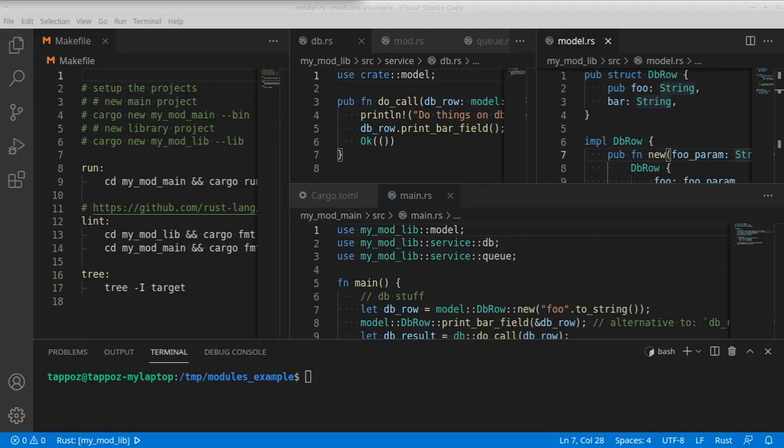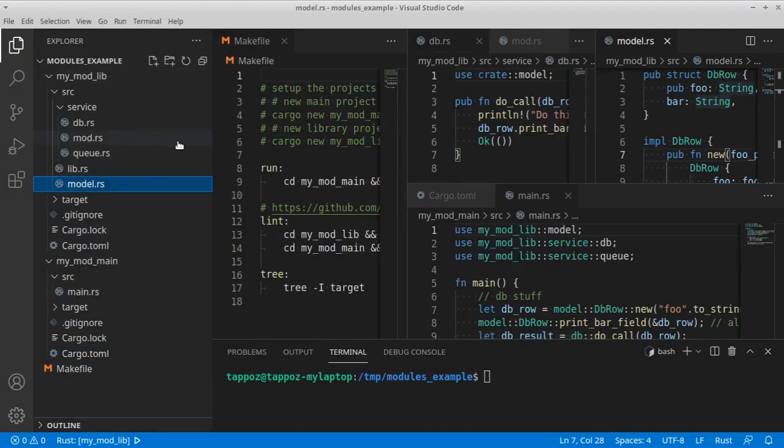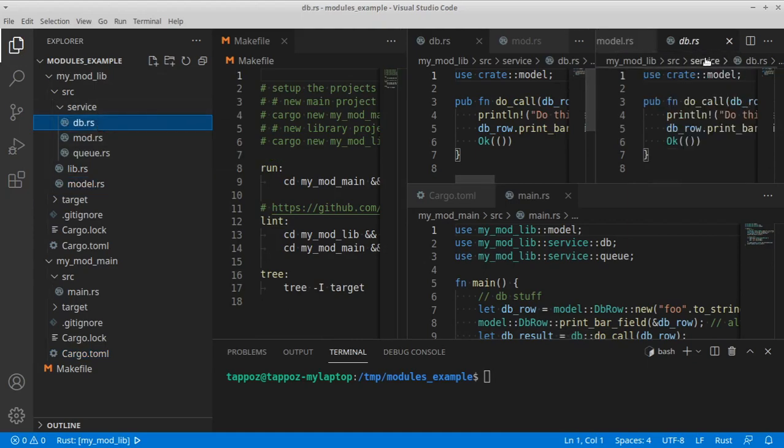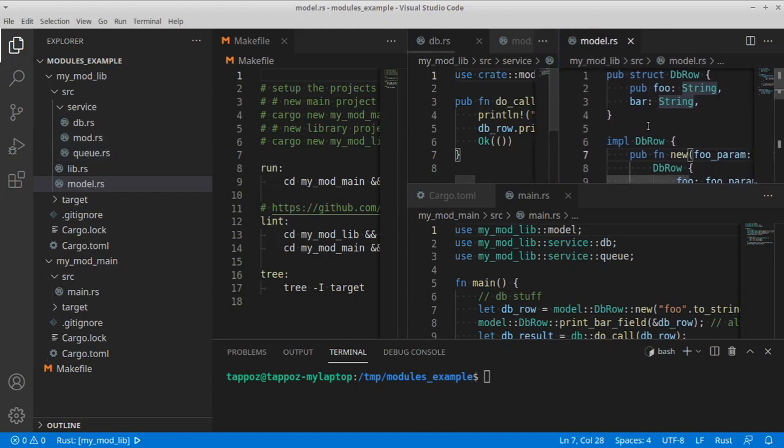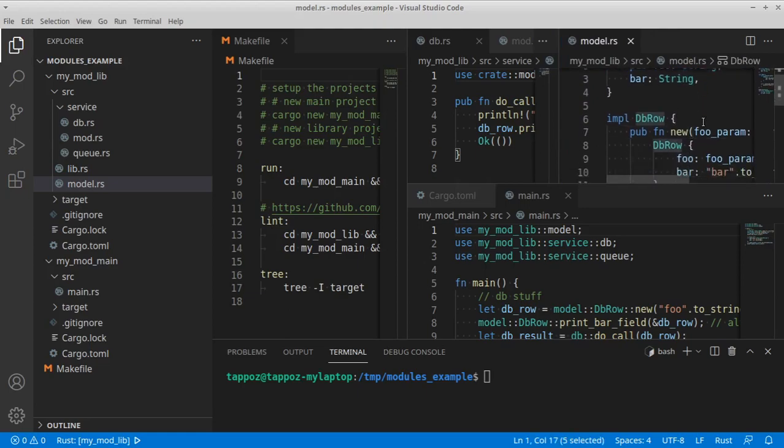Hello and welcome to this tutorial on how to write nested modules in Rust for libraries and binaries. Alright, so let's imagine a scenario where we have some sort of core functionality that is allowing us to connect to a database or connect to a queue, and then we have some domain logic that is describing some sort of database row and